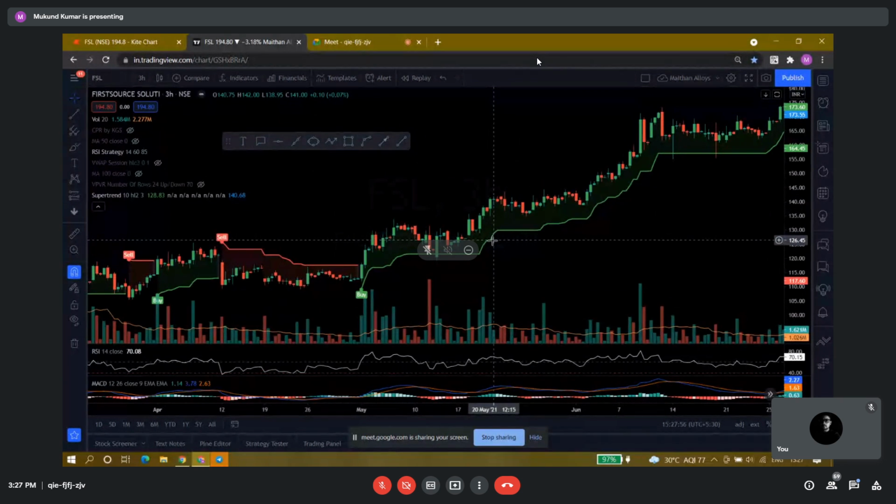You can simply put a message in our Telegram group saying that the stock is around our stop loss, whether we should hold at this price. In that case, you can simply put it, and I will reply. Okay, thanks.